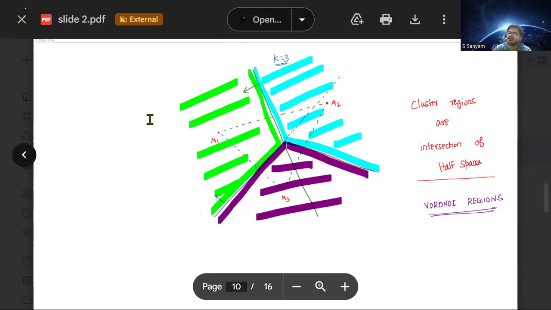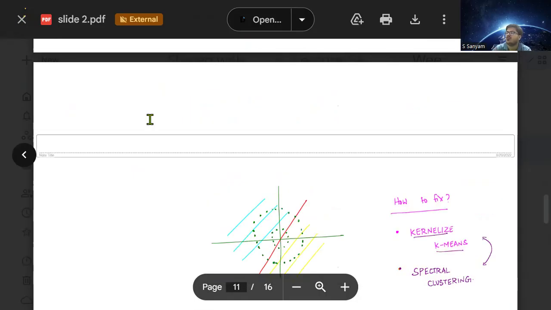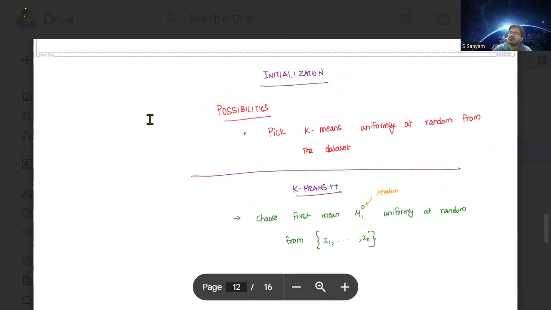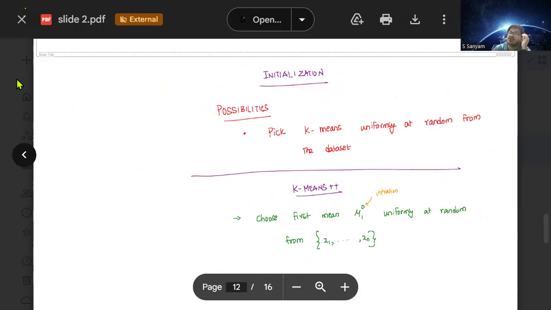This is the Voronoi region. How to fix the k-means clustering algorithm? Initialization. Now we are trying to minimize the drawback of the first clustering algorithm, which is the k-means clustering algorithm. The drawback was that it calculates the local minima. And why is this local minima calculated? Because at every step